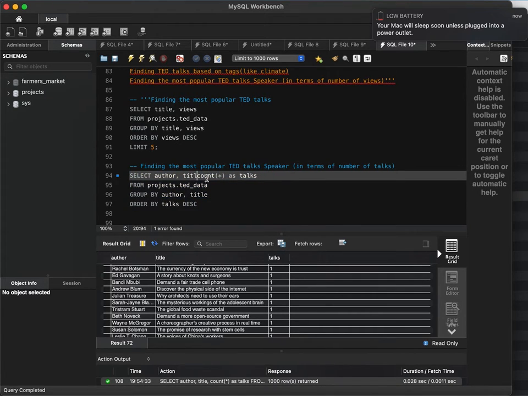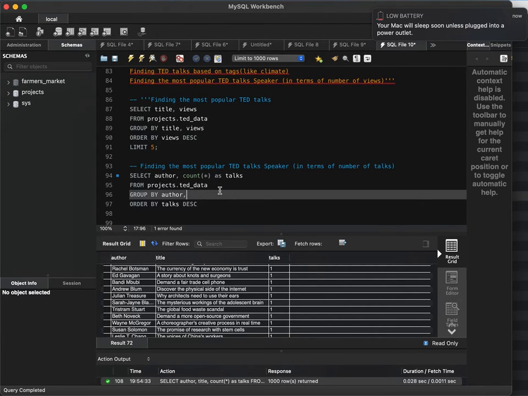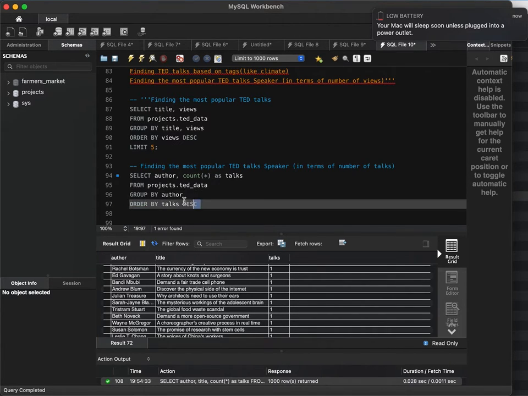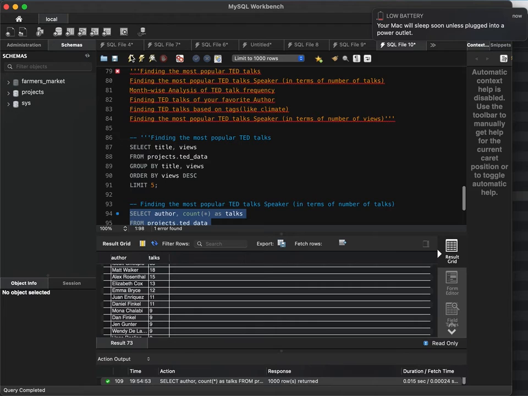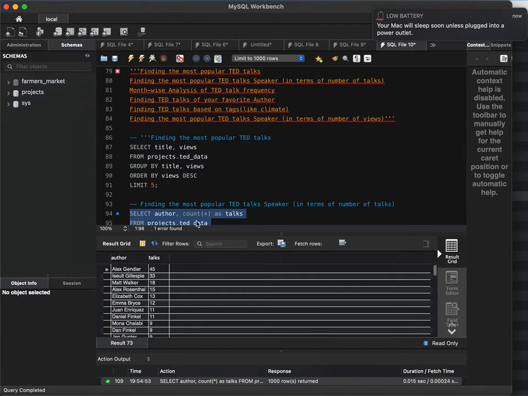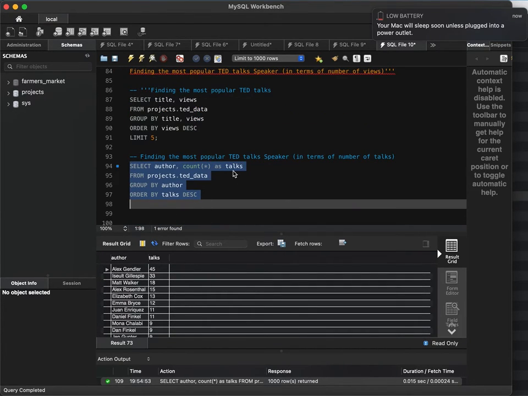Oh yeah, we don't need the title actually. We just get the author and the talks, and so group that. Yeah, we don't need that. So let's see. Okay, yeah, perfect. This is what we want. So we see that the most popular TED talk speaker based on number of talks he has given is Alex Gandler. He has about 45 talks to his name